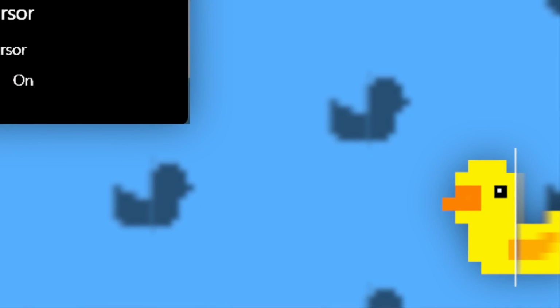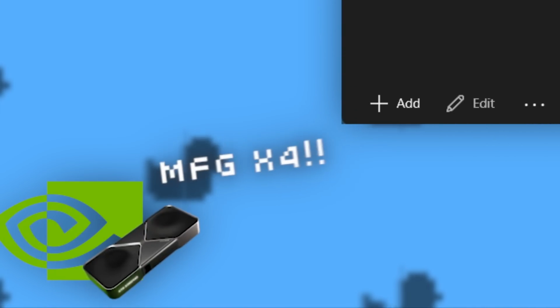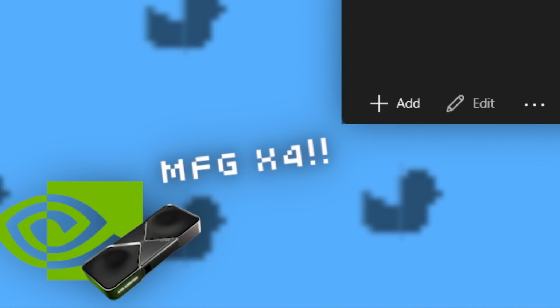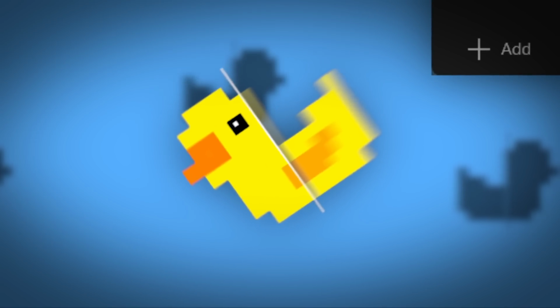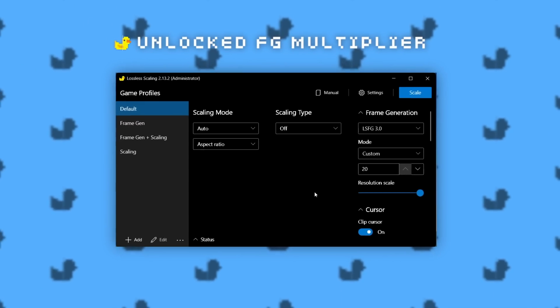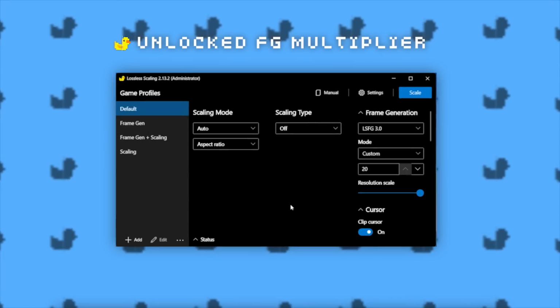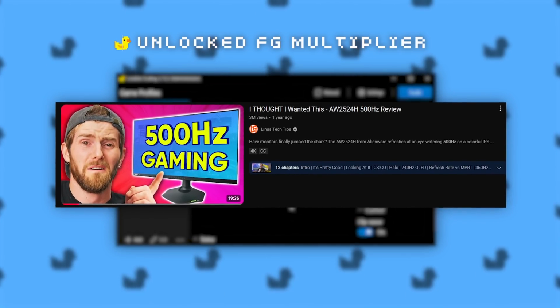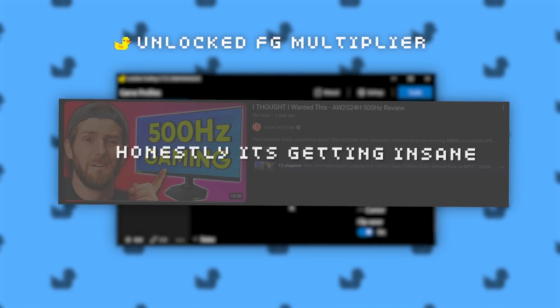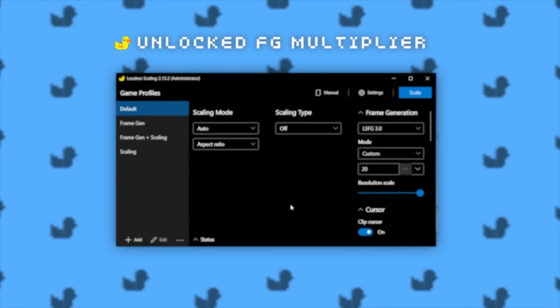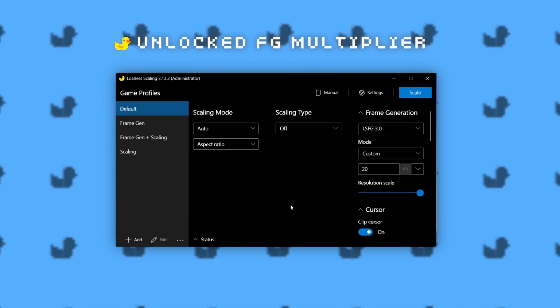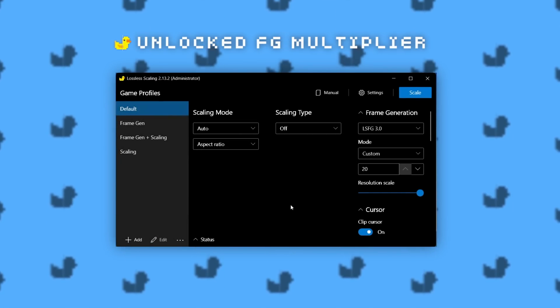It is excessive, I think. It's almost like THS, the developer of Lossless Scaling, saw Nvidia coming in with multi-frame generation times 4 and just said, not today, delivering a kung fu kick straight to their face. I feel like this feature is more about future-proofing. High-end monitors today already push crazy refresh rates like 500Hz, and if we someday hit 1000Hz and more, Lossless Scaling would still be up for the task.